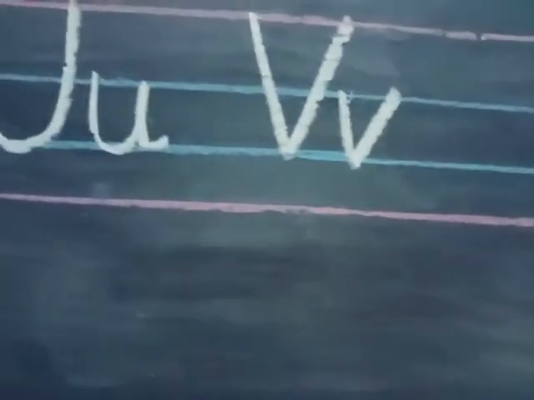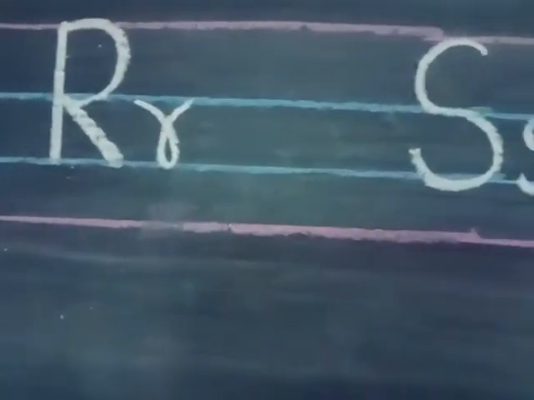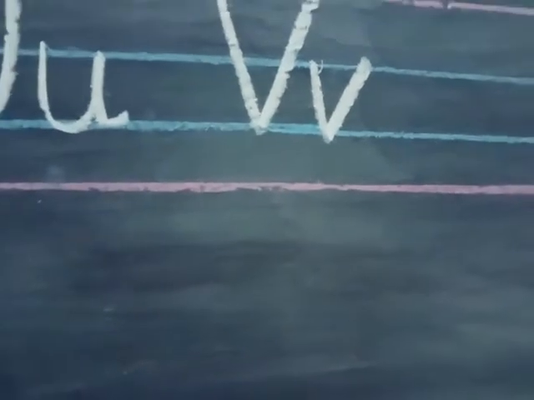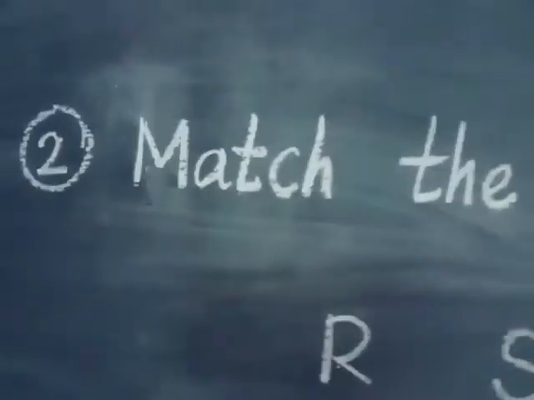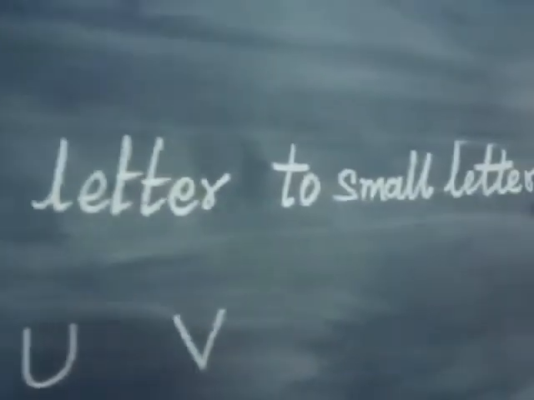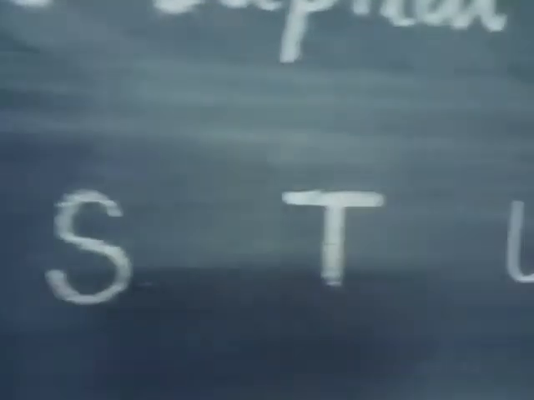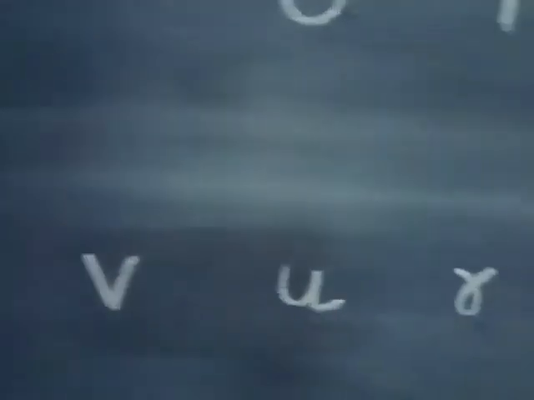So you must take your notebook and say and write and fill the whole page. As you're writing, remember to say and write. Okay, until now if you have not completed from A to V, please take your book and start writing from A to V. Okay children, then we move on to our next activity. Match the capital letters to the small letters. Okay, now see, we have capital letters here and here are the small letters. So we need to match the capital letters to the small letters.